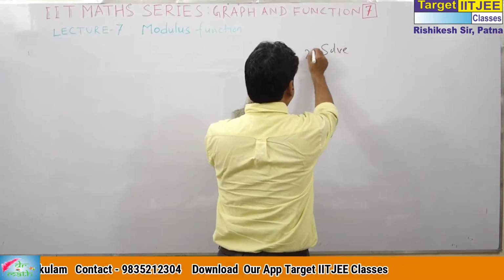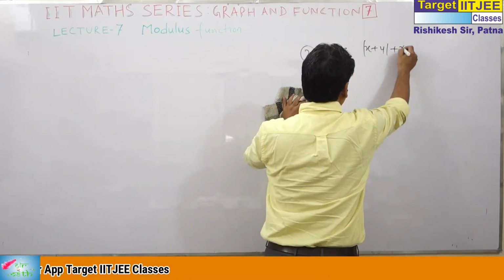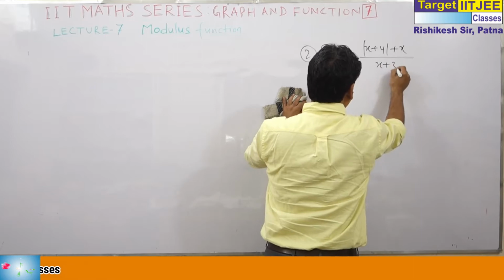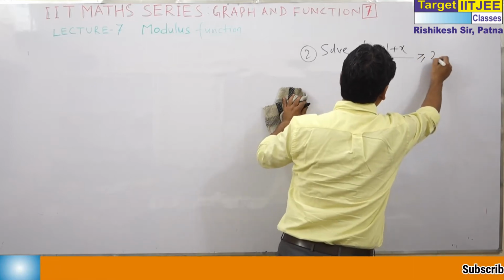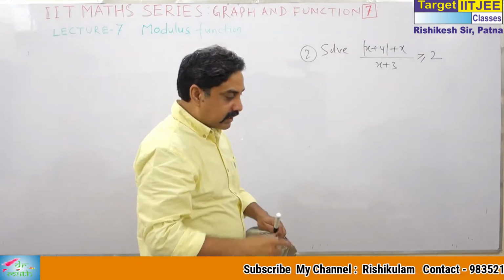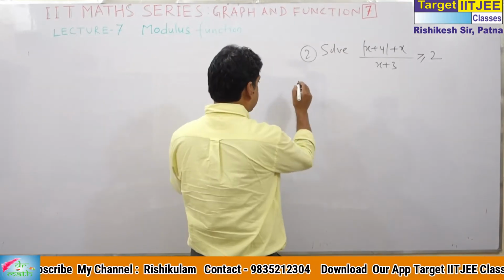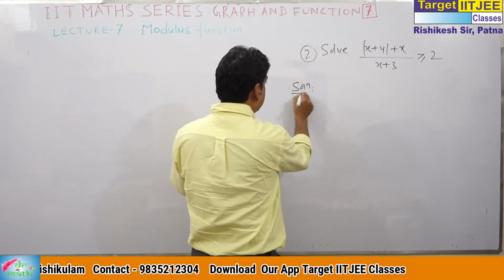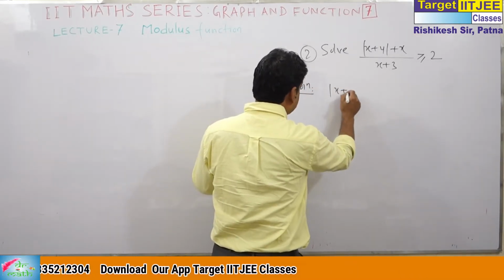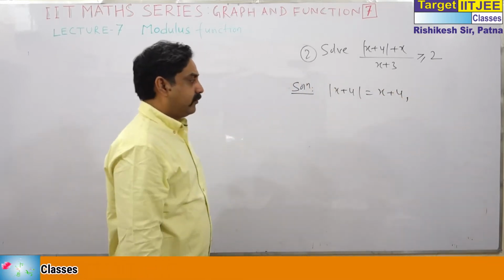Solve question number second: solve |x + 4| + x/(x + 3) ≥ 2. Now, to do such type of question, we have to concentrate on the condition of the modulus. What do we know? What is |x + 4|? This is x + 4